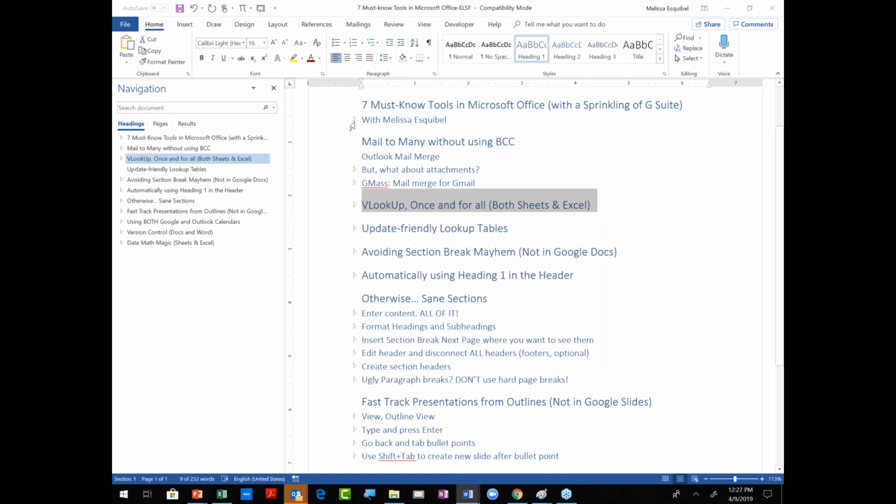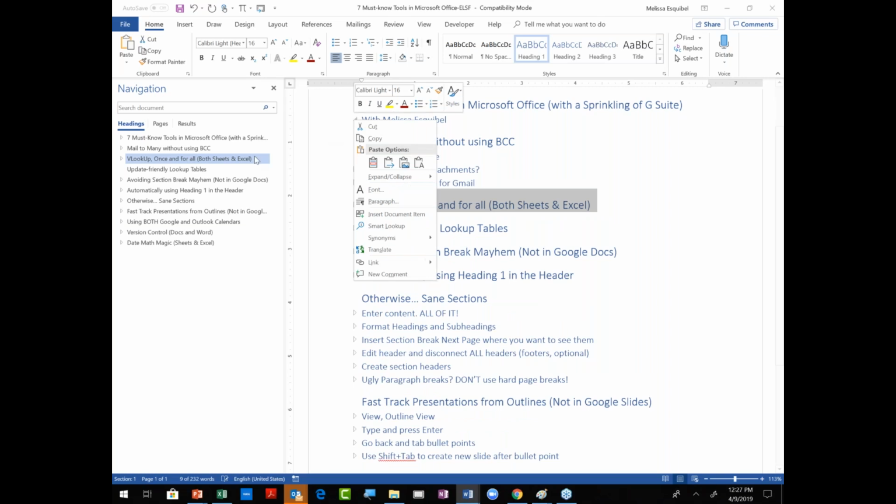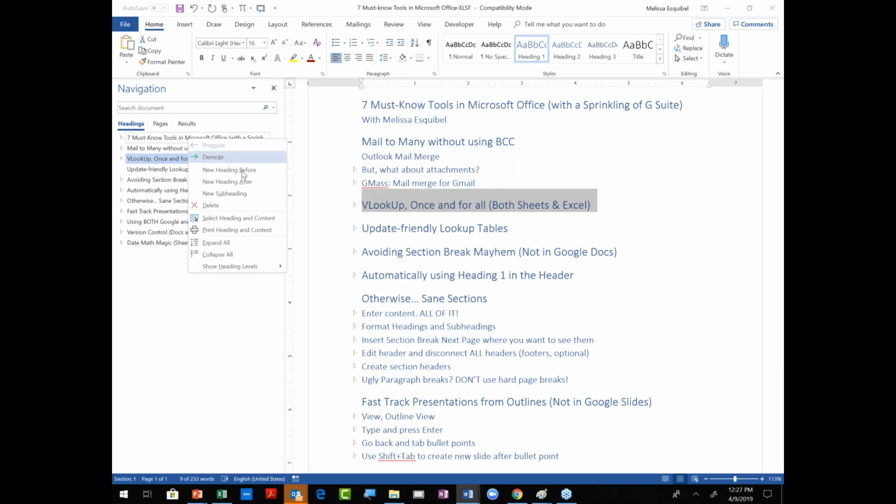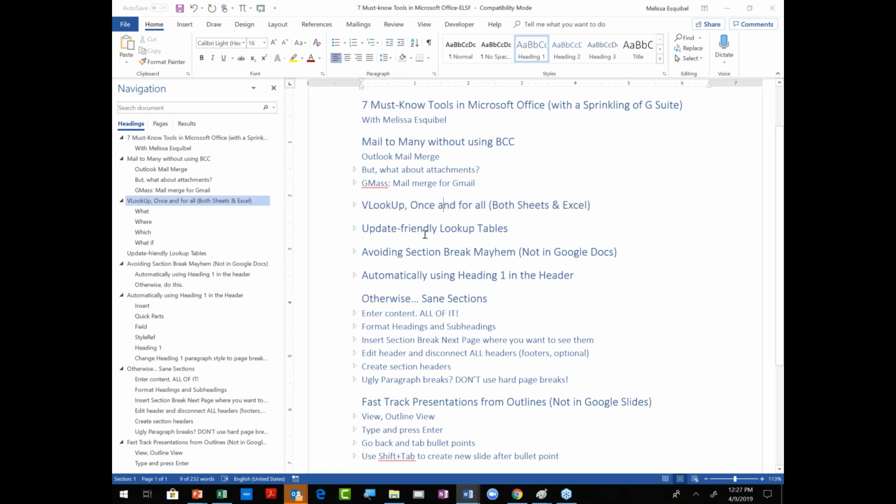I just want to get them all. They used to be able to just do that with the right click, but it's not being behaved. So expand all. It's not doing it over here. Well, okay. So I have heading 1s and heading 2. So let's say your heading 1s are really going to be your chapter titles. So I can, without doing any section headers at all, make each page, each new section, adopt whatever is